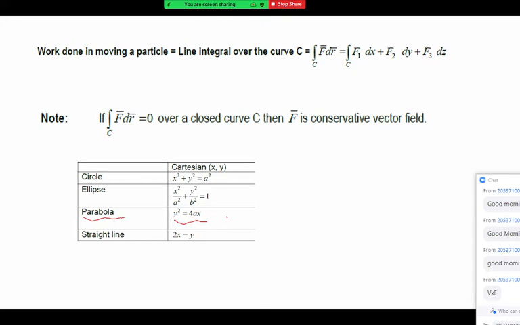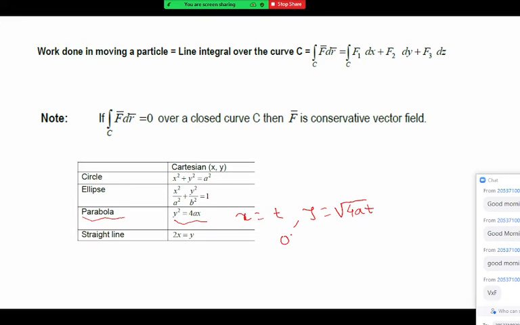Okay, so that may be, but the simplest way also I will tell you. If you take simply x equal to t, then y square becomes 4at, so y becomes root of 4at. So this is also a parametric form. No need to remember or learn by heart anything. Just replace x by t, y becomes root of 4at, plus or minus root if you want to be more particular.